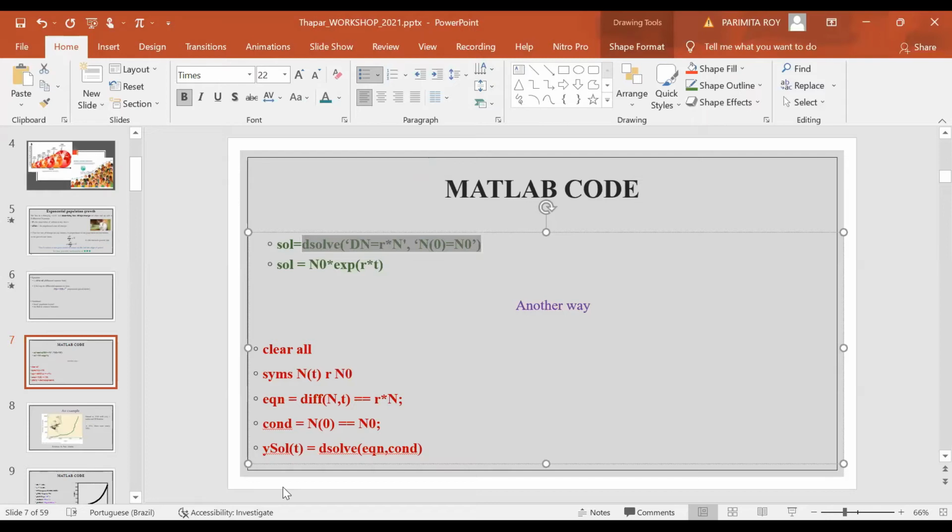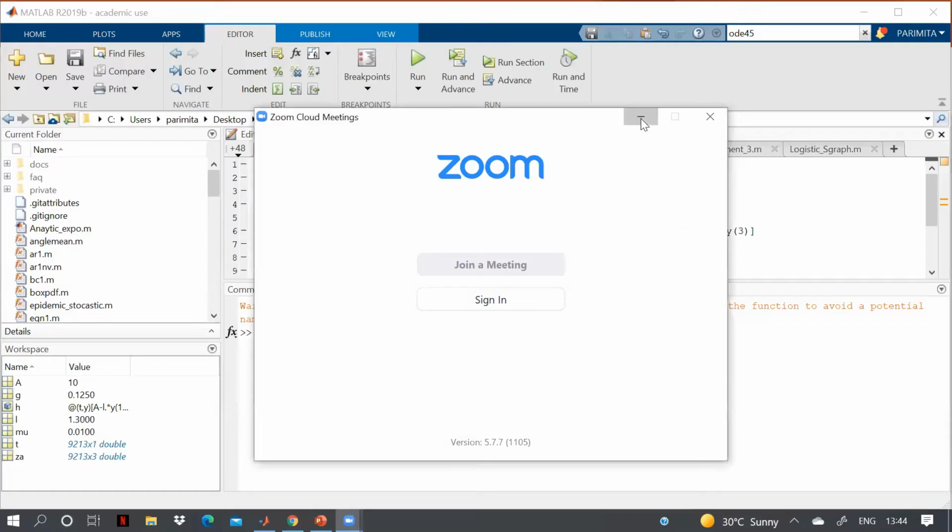I will just copy and paste this, and this is my command window. I will clear this out. Okay, so now I copy pasted it just in my command window, I don't have to open the editor because it is just one. You haven't shared that MATLAB window. You have shared only the PPT window with us. Okay, I'm just, can you see it now?